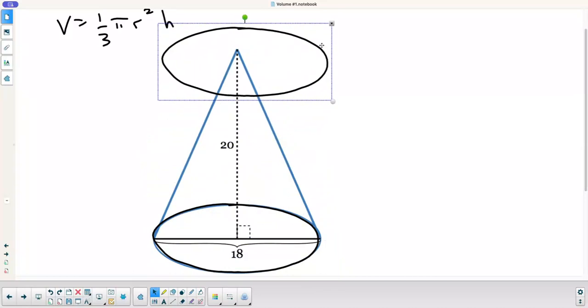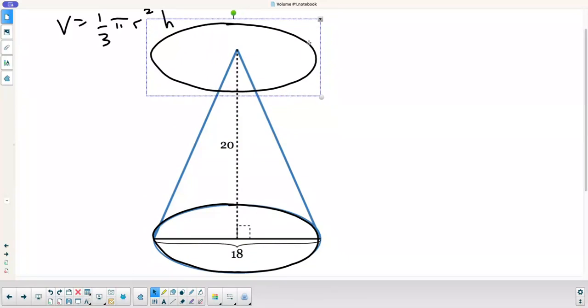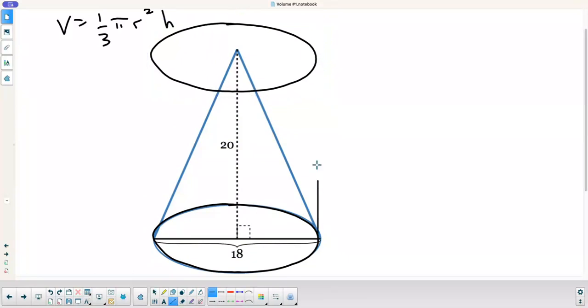Here's my cylinder, same base. So if I put that cone inside that cylinder, what happens is the cylinder holds 3 times more volume than the cone. Like if I were to fill them each with water, the cylinder would be triple the volume of the cone. Or you could say the cone is 1/3 the